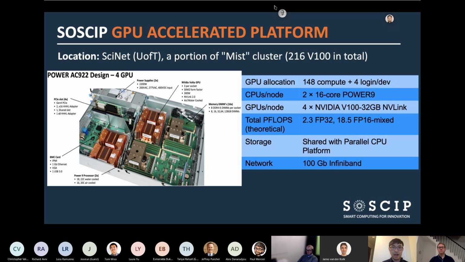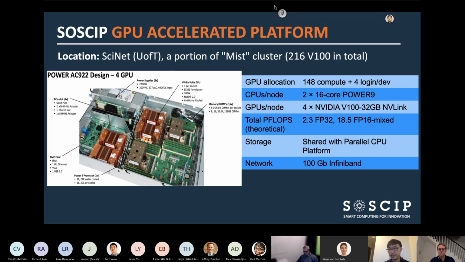Each of these IBM AC922 nodes has 4 GPUs, and there are NVLinks between the CPU and the GPU. So it's different than the Intel system where you only have NVLink between GPUs. On this system, you have NVLink between the CPU and the GPU, which gives you the possibility of passing a large amount of data from the CPU RAM to the GPU RAM.